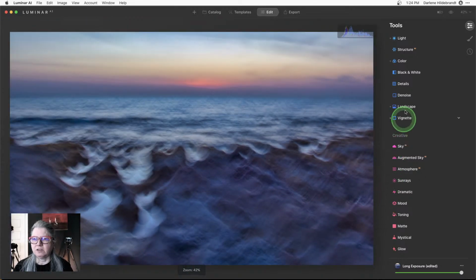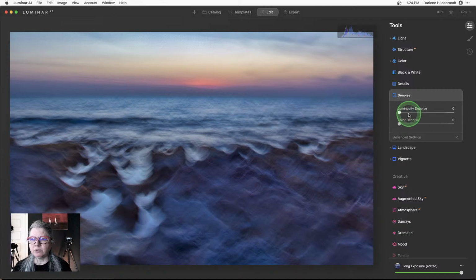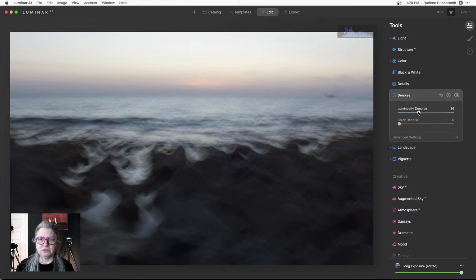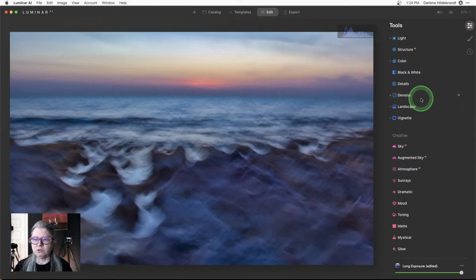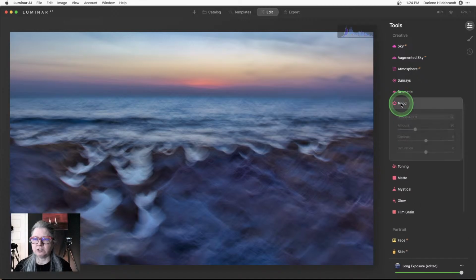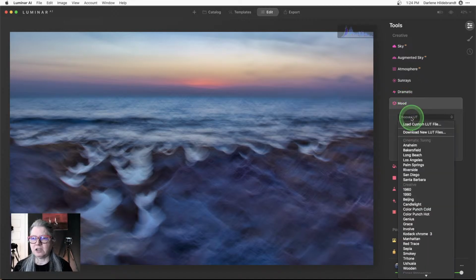Okay. If I want to smooth things a little bit, we could do some denoise. There's a little bit of noise happening. But I think that's about all I would do on this image. Okay. We could play with a mood filter. So that's those LUTs again. I love the LUTs because it gives me an opportunity to just sort of play with color and see what comes out. Okay, so that Long Beach one that we did on the